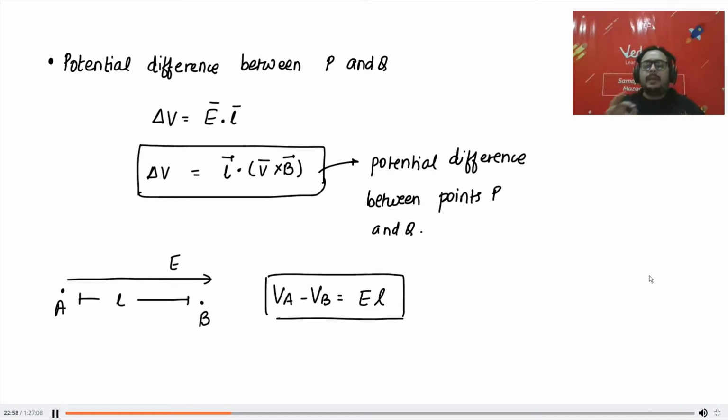This will become absolutely clear once I give you one example. So you will have to wait for one example. Okay. Just bear with me. Stay with me. I'll give you one example and it will become very much clear.